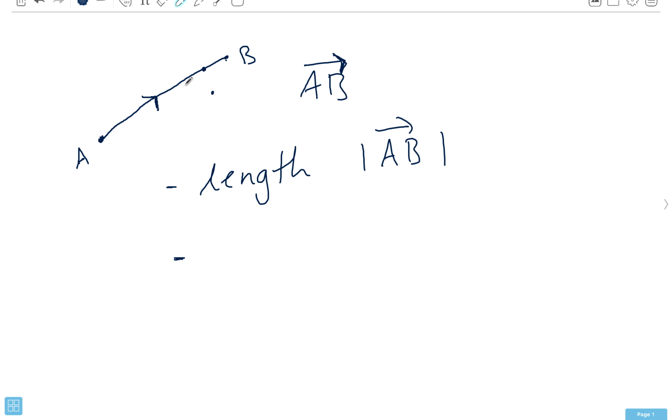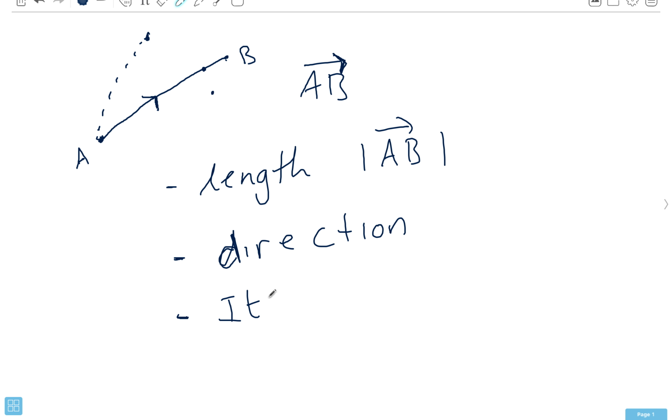The direction. If B was up here, then we say that we now have a new bound vector since the direction has changed,